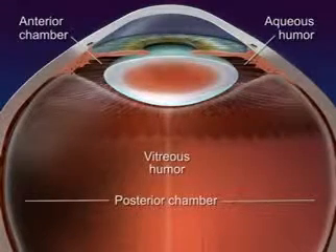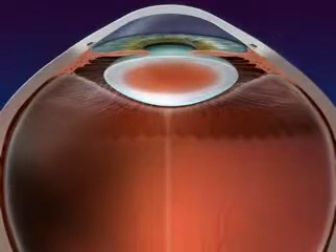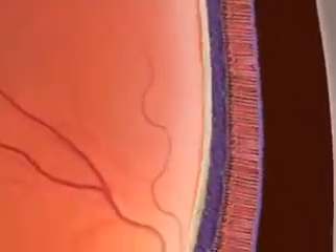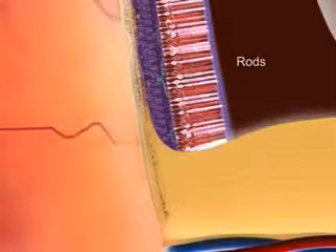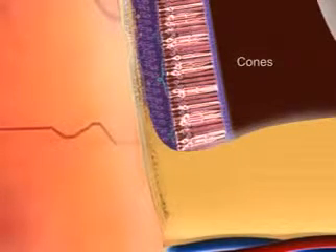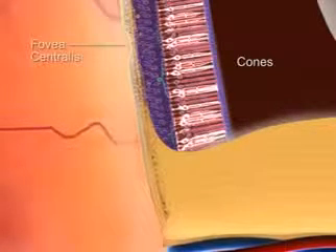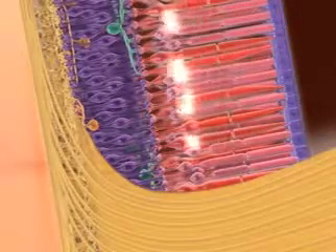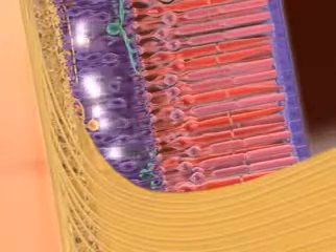humor. The retina is the inner layer and contains the nerve cells, the rods and cones, and the bipolar cells. Rods are sensitive to light but do not sense color. Cones sense color. The highest concentration of cones is in the fovea centralis. The rods and cones synapse with bipolar cells, which then synapse with the ganglia cells whose axons form the optic